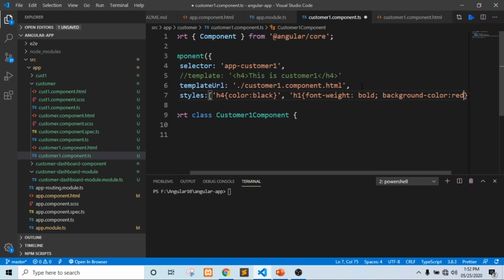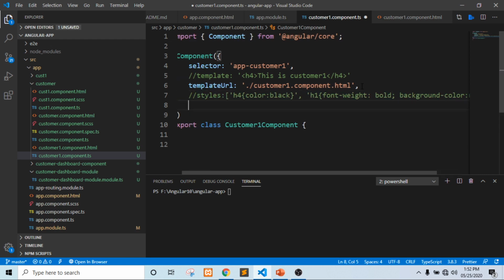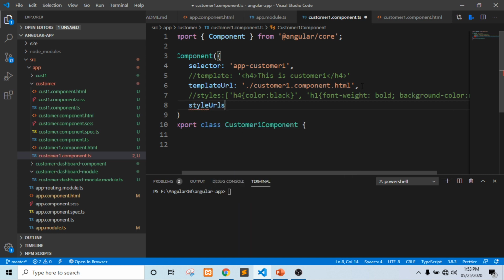So one way is we can write CSS here, but in our complex applications we will have 10 or 50 or maybe 100 CSS classes. So definitely managing things will be quite complex if we put styles here and HTML code here. We need to keep the segregation. So instead of using the styles tag, we'll create a separate file and provide the path here. With styleUrls, basically we can provide the path. One thing to notice here is that styleUrls accepts an array of CSS files, so we can provide multiple files as well.